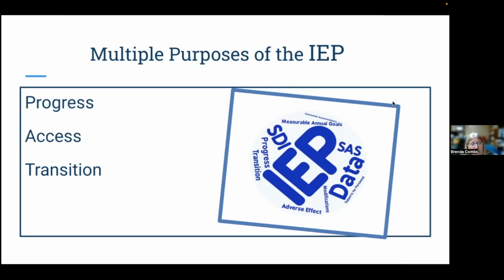But, as we have here, we have the 3 big rocks, and one of them is progress. We have to make sure that the students are making progress. They have to be able to meet their goals, and 90% accuracy is what we look at as a mastered goal. I know we see a lot of 80%, and some of our kids we see 20%. It just depends on the student, so it's individualized. So we don't have to have 80% all the time for things, okay? So we want to make you aware of that, because 90% is really the top percentage that the student has mastered that goal that you write in the IEP.